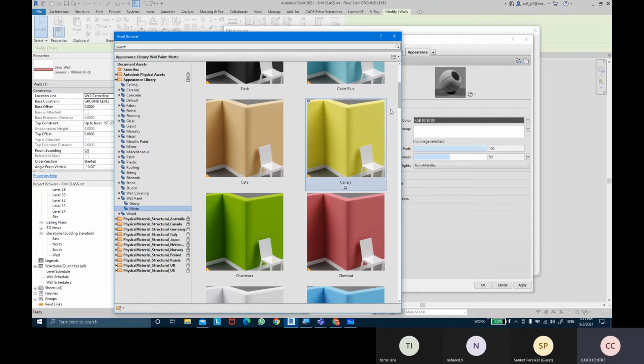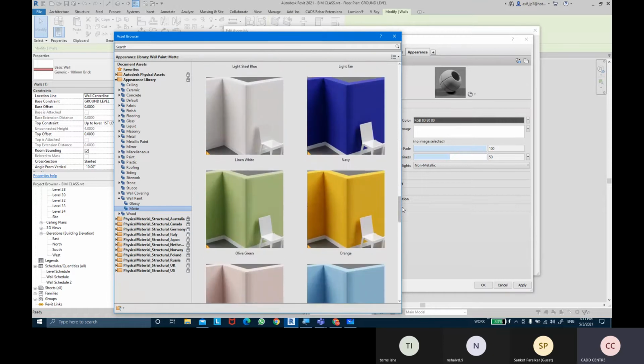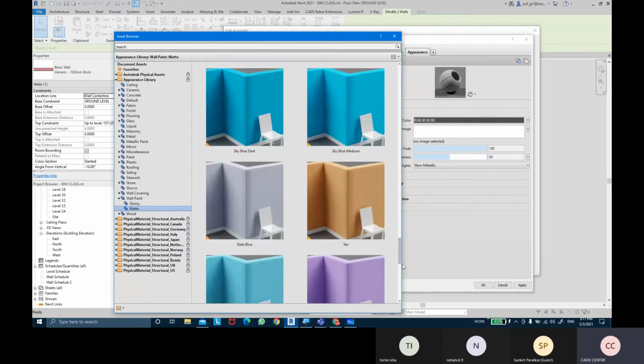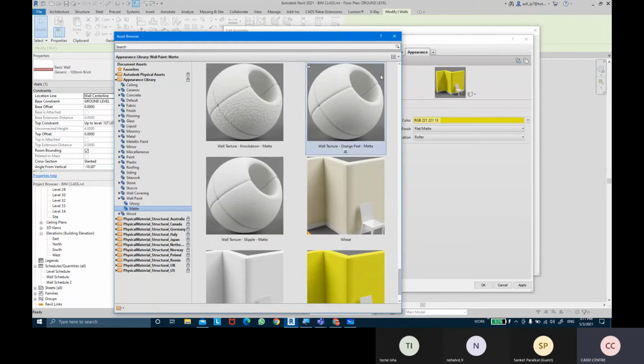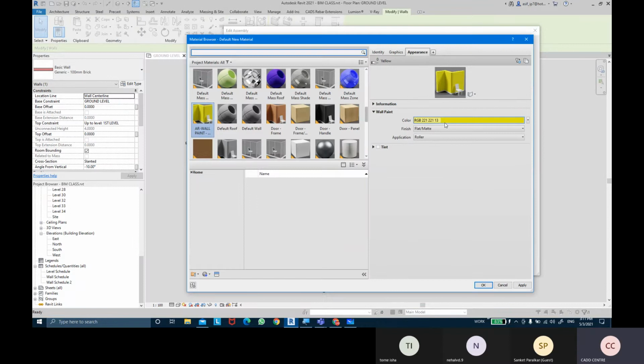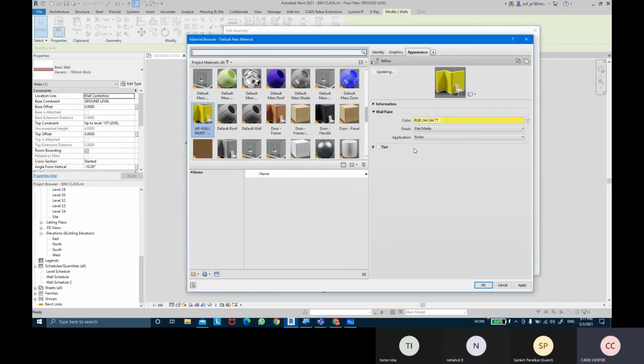So I'm going to search if any more yellow color paints are there. We have gold, orange, and tan. We have yellow as well. Here we have yellow. We can select that, and once you select it, we can close this. We can adjust the color also if you feel that this yellow is too bright or too dark. You can come over here and adjust the paint color to a little lighter yellow shade. So now I've applied a little light yellow shade.